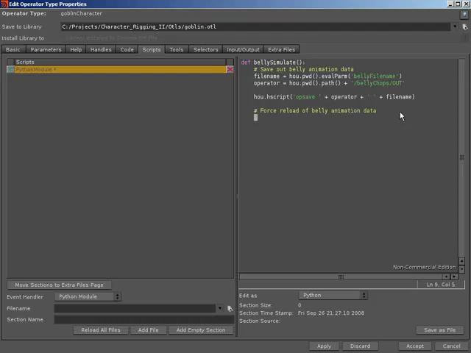Once we have that saved out to disk, we need to force a reload of that animation data to make sure that our chop network indeed is working with the latest version of that animation data. To do that, I need to get access to that file chop, that node that's bringing in our animation data. I need to force it to recook, force it to reload that animation data. So I'm going to say